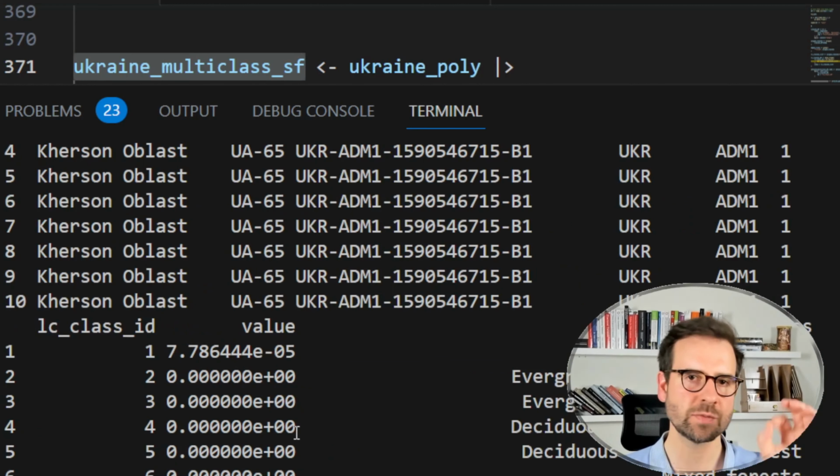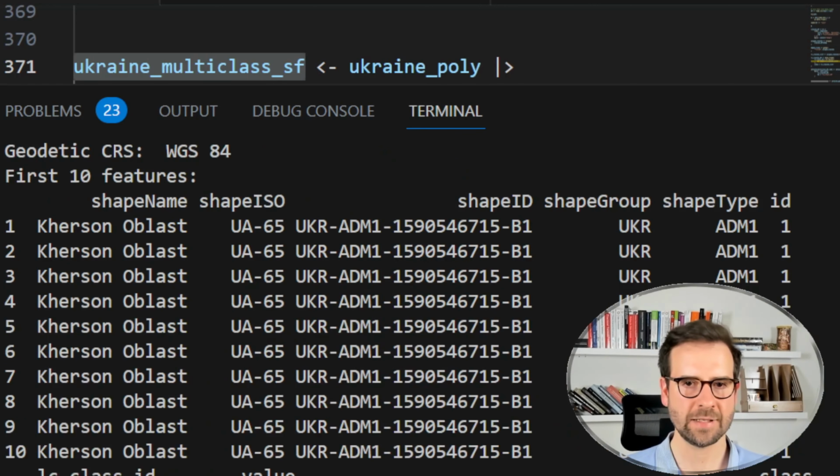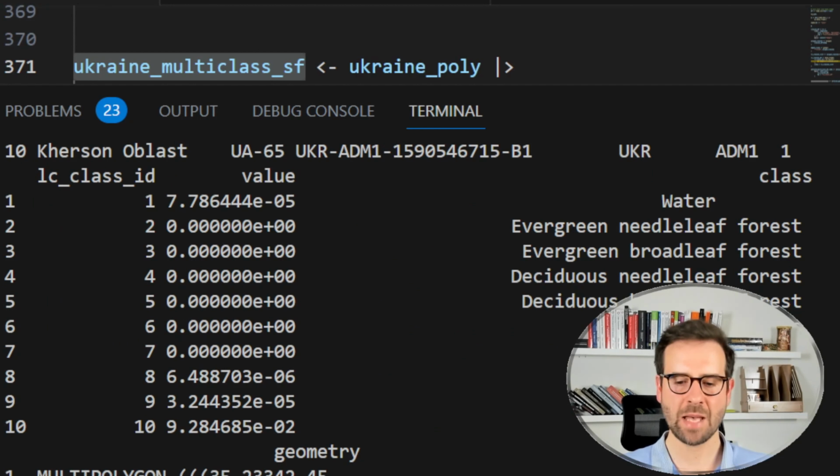They're not percentages because we need to multiply by 100, which you can do in a bit. So now we actually have exactly what we need. So in the next step, we can finally go to ggplot2, and then we can create a map that will help us actually see what is the percentage coverage area, fractional coverage area for every land cover class and for